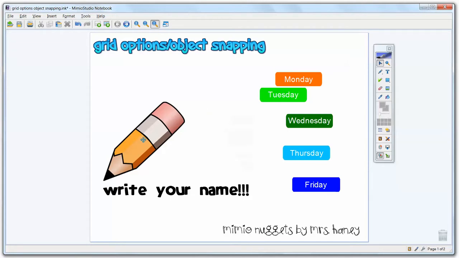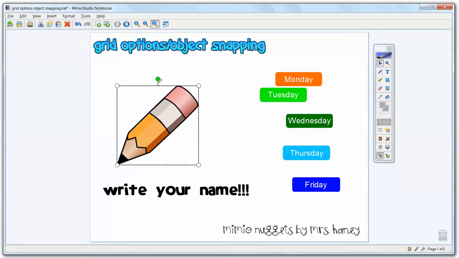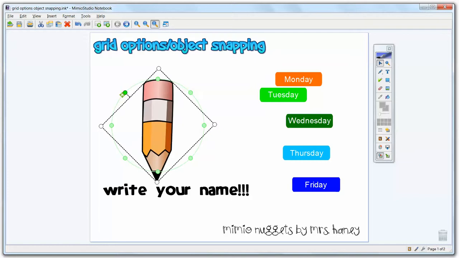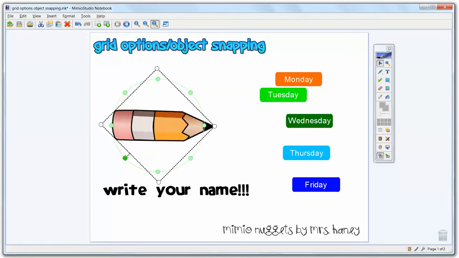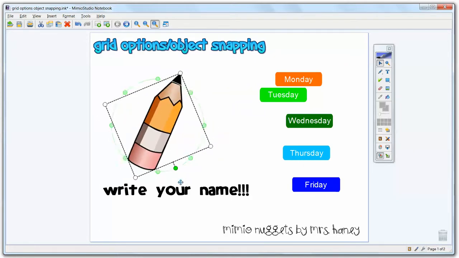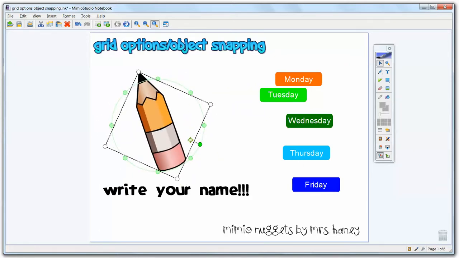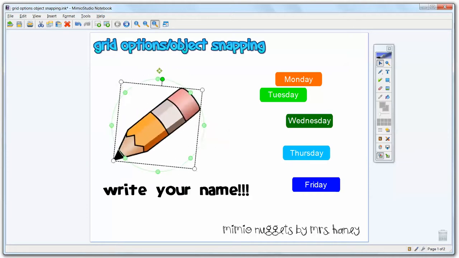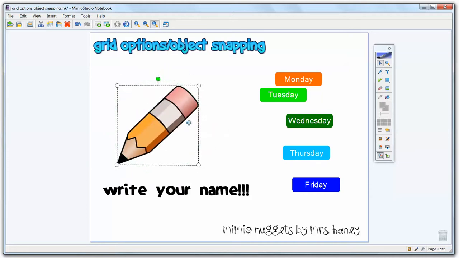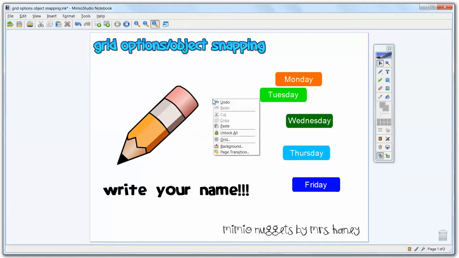Another thing you might notice is that whenever you're rotating your images, I can rotate to these green dots and kind of sometimes in between, but it's still going to snap to a place where it likes it. If that bothers you, if this pencil is rotated too much and you don't like how it's rotated and you want full control over how you want that to look, then you can go in and you can